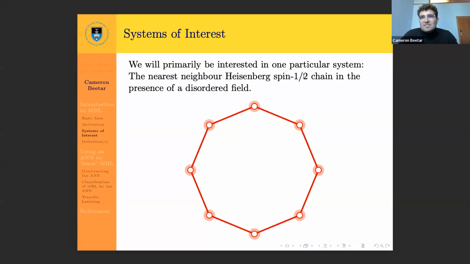The spin half bit just means that at each site, I have a two eigenvalue system. So it's a plus minus, an up down, a 0, 1, however you want to represent it, but it's only got two eigenvalues. And the disordered field bit is a little bit tricky to explain with this diagram, but it'll become more apparent later. What that is basically saying is that at each site, there's a parameter which is local to that site, which is controlling the strength of the Hamiltonian at that site.